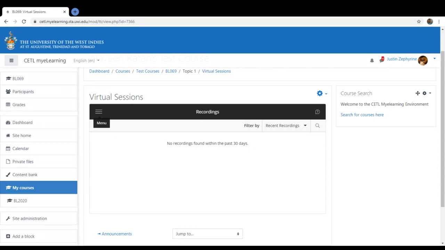Now, I'm saying this now because I don't want to forget this particular point. By the end of the semester, let's say before the following semester, I would recommend that you back up those recordings. You could download them and store them somewhere, such as a YouTube channel, or even your Google Drive, in the event that you want to keep some sort of repository as well, a backup to this. Because after the semester is through, you may not have access to it because the servers could only take so much. And remember, there's a limit. Even though technology makes a couple things more possible, there's still a limit, right?